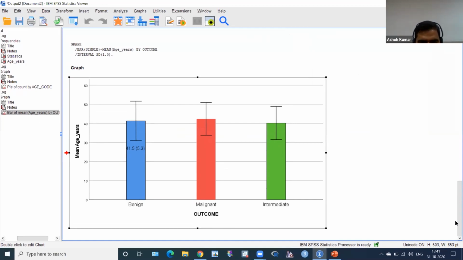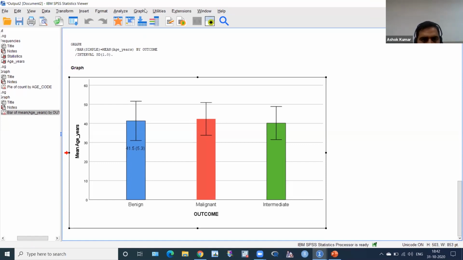So I have told you bar, and then after that bar, pie, and then box plot. Box plot is simple, and after box plot there is, I think, the session of the closing ceremony. After that session I will demo how to get sensitivity, specificity, negative predictive value, and positive predictive value in other software. We will not get it in SPSS. I think that will take around 5 minutes, not more than 5 minutes. But we have to use another software.